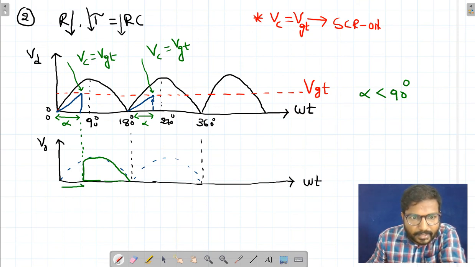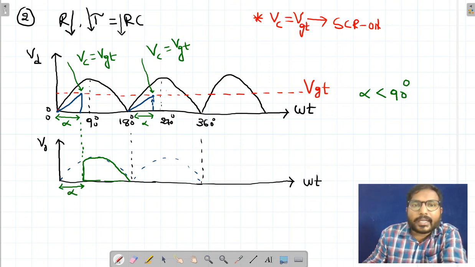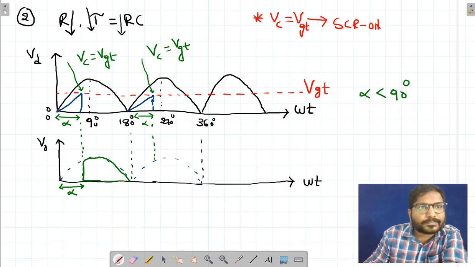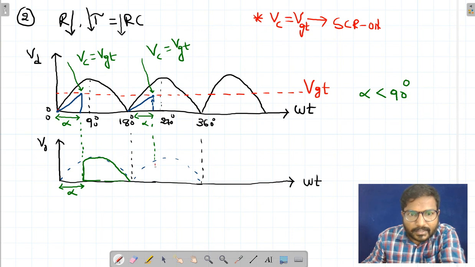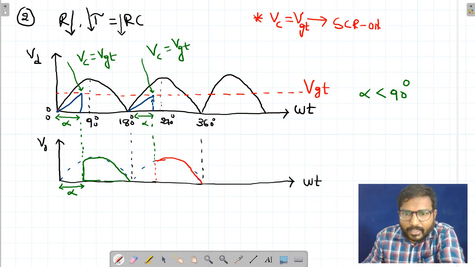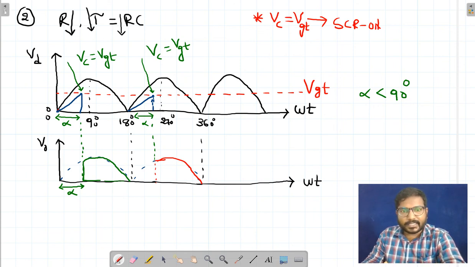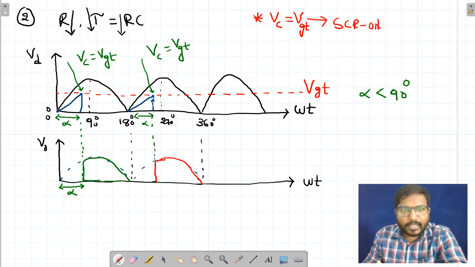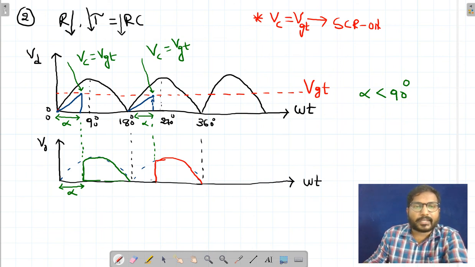This is the delay. And here also, at this instant, the SCR is triggered. From here, the same repeats: whatever input voltage is available at the instant the SCR is triggered, from that instant it is simply fed across the load. This is the delay. So this is about the concept.